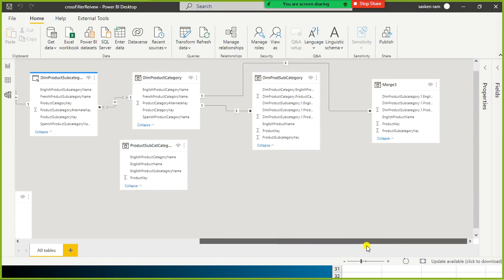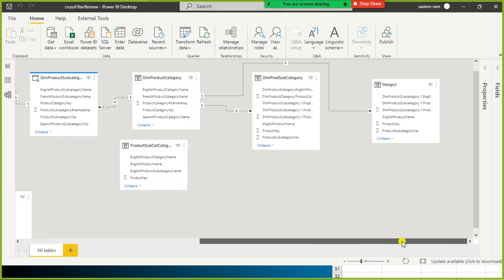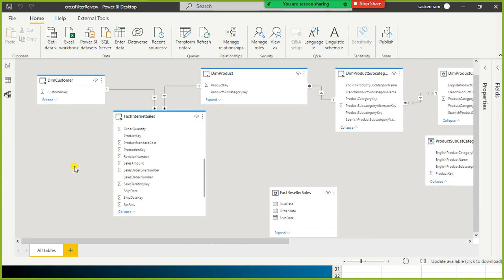So this report as well as the data set is already available in SQL Server. This is a commonly available demo given by Microsoft. One way it is good, because showing the demo with this many complex tables with this huge volume of data is not possible practically. But anyhow, we'll try to simulate with other data sets also in the upcoming session.